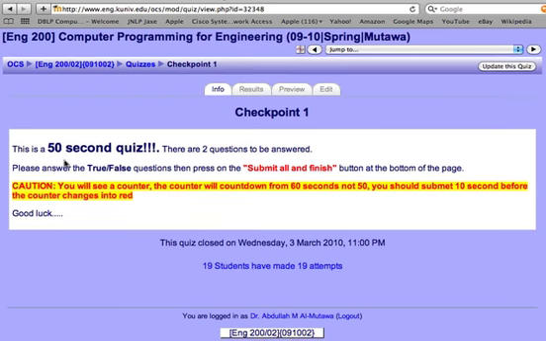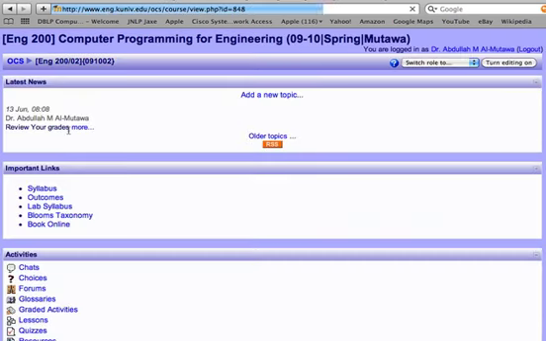50-second quiz. Since it's only 2 questions, you'll get more time at later quizzes, so don't panic. Not all our quizzes are 50 seconds. We'll have longer time to answer later questions. Make sure you don't pass the due dates. Everything is posted there, and